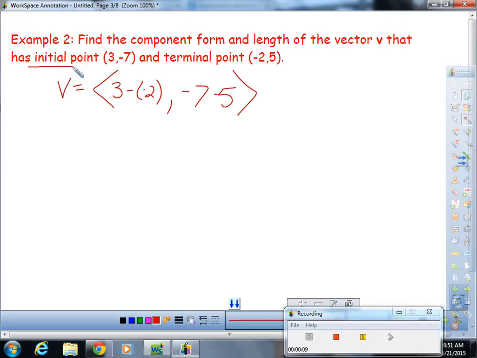So 3 plus 2 equals 5. -7 minus 5 is -12. So this is the component form of vector v. All right, so part B, or the second question, says find the length. Well, the length is the same thing as the magnitude, and we write that as that. That means the magnitude